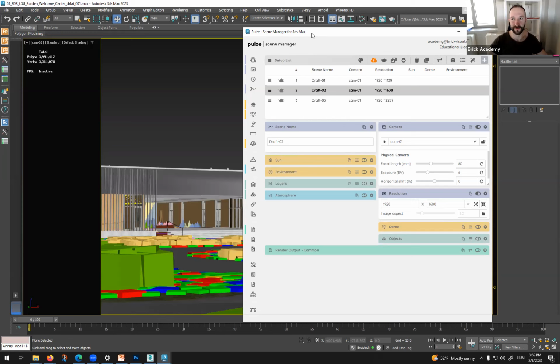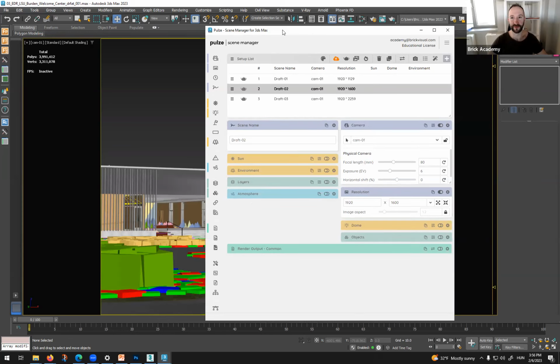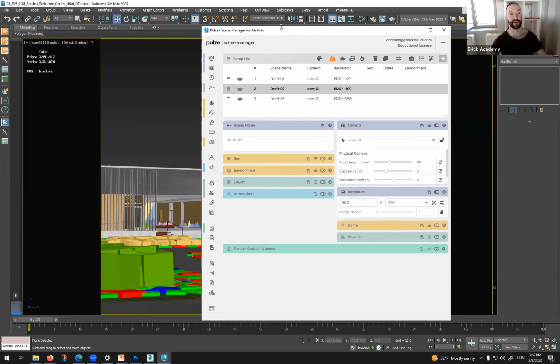So this is also really the strength of this scene manager. Also, if you're working on interiors, I think it's really handy if you have different camera options or light options. You can handle them in one